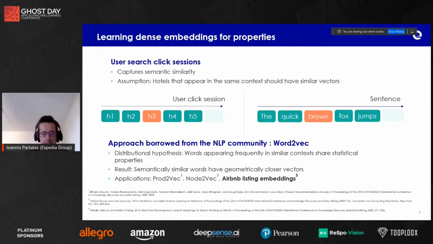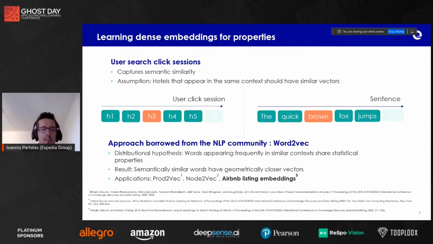The main idea is that we use search click sessions. You go on the site, you search for a certain destination, for example you want to go to Paris, and you start clicking on hotels. As I represent in the left figure, this creates a session of the user: you click hotel 1, hotel 2, 3, 4, and 5, etc. We want to leverage this information to learn representations,